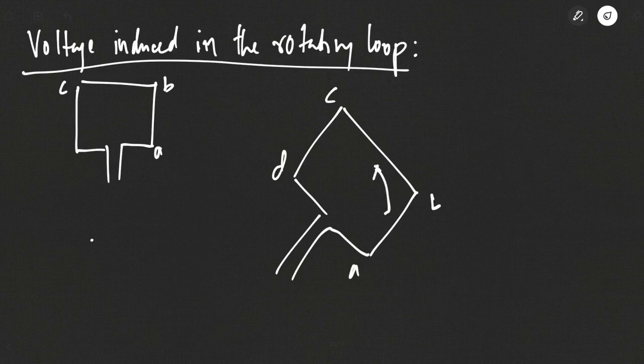Fine. So the principle of operation of a generator is that a rotating coil is placed in a magnetic field. So ABCD is rotating. It can either be a clockwise rotation or an anti-clockwise rotation,